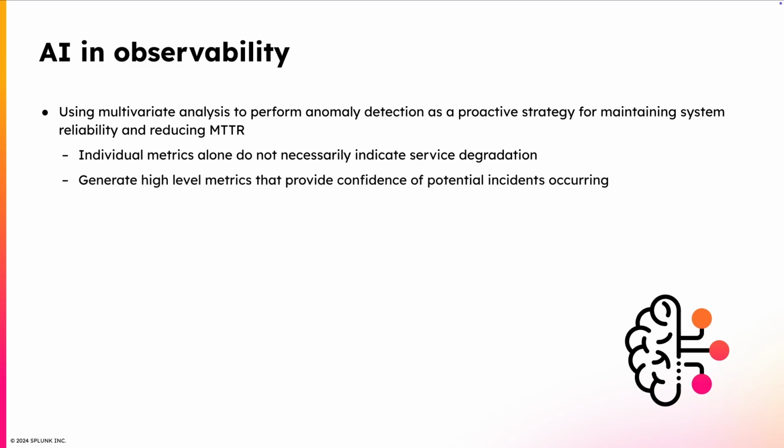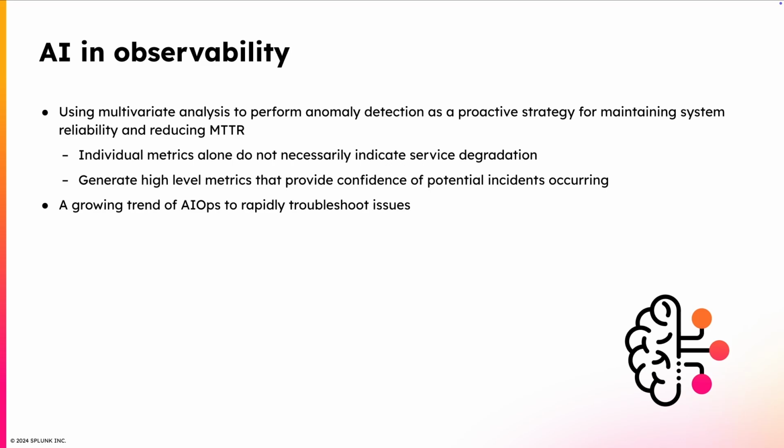Multivariate analysis uses statistical methods and machine learning models to analyze multiple metrics together and identify patterns that signal potential issues before they become critical. And this allows teams to generate high-level metrics that provide confidence in identifying incidents proactively rather than reacting to them after they occur. And there's a growing trend of AI ops that's all about using AI to rapidly troubleshoot issues